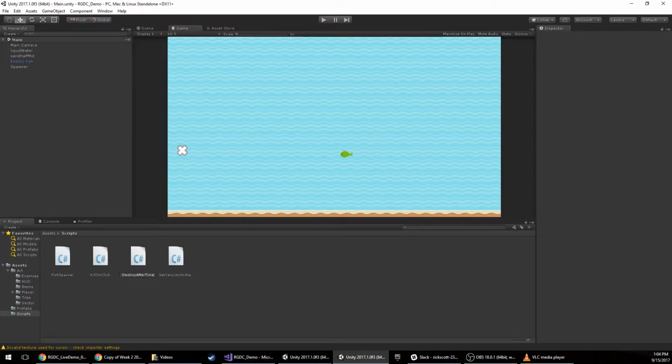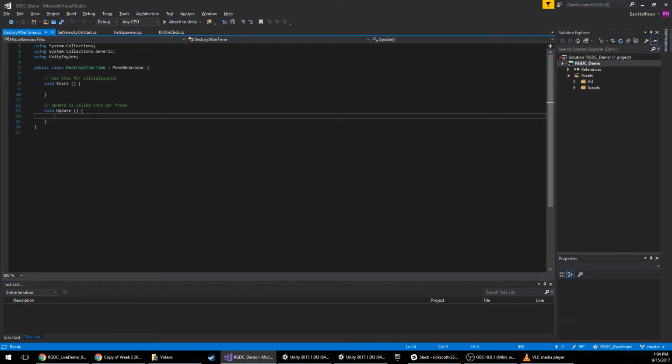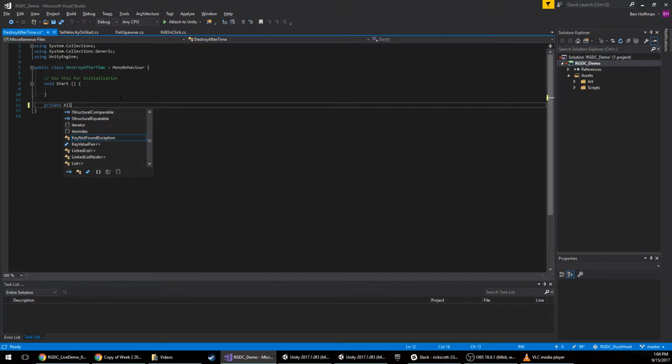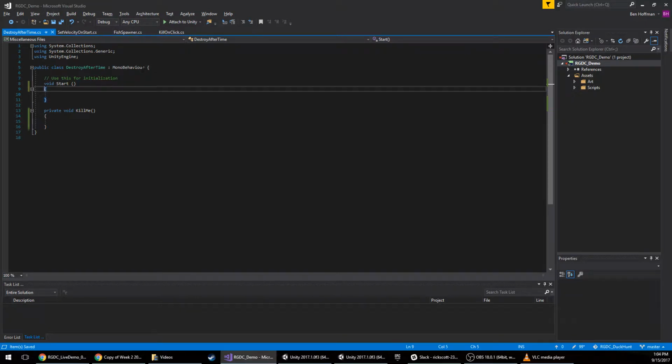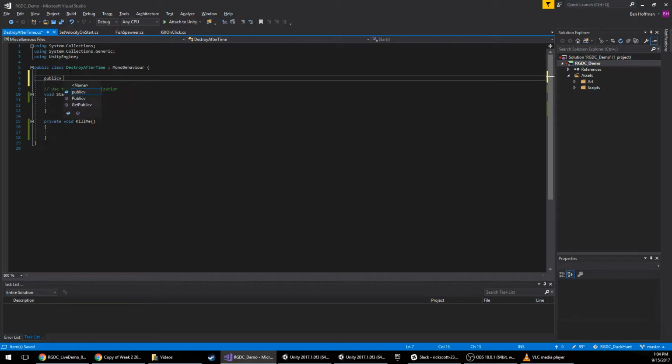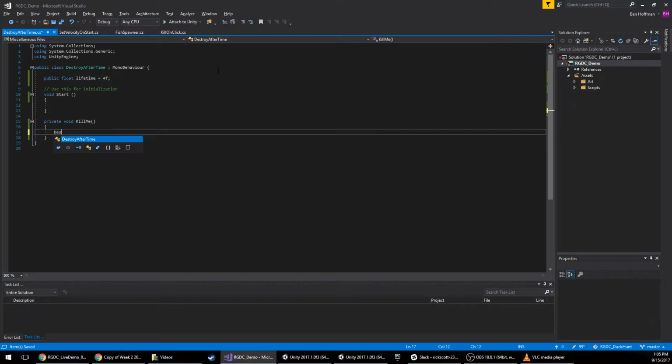So to do that, we're just going to add a script here and call it destroy after time. This is going to be simple enough. I'm going to make this small method here called kill me, because these are really sad fish. You know, they don't want to live after a certain amount of time, because fish have short lifespans, you know. So make a lifetime variable of like 4 defaulted to,